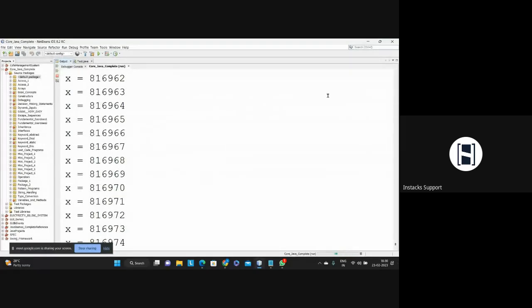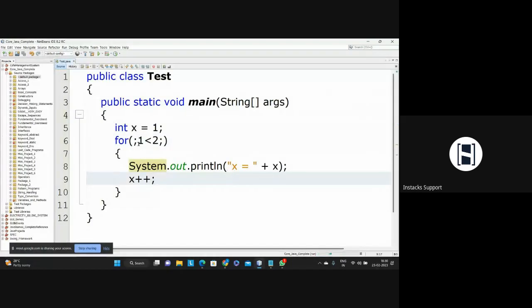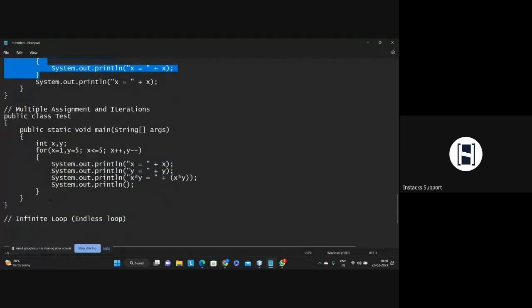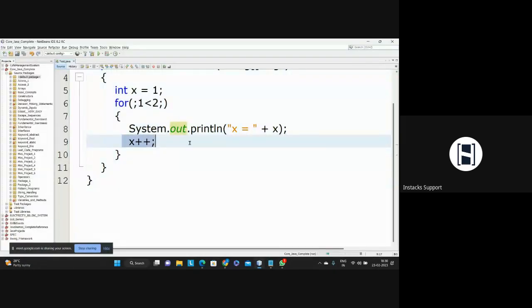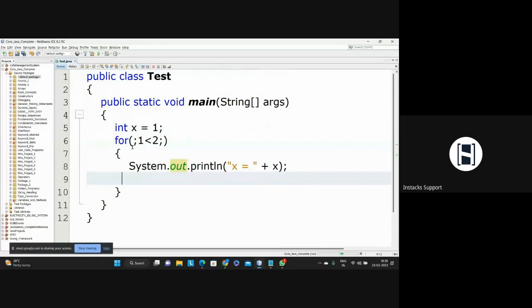Loop is still running for me. So that is an infinite loop. When the condition is not properly defined, it will go into an infinite situation. Then remember what I told you in the while loop also: if the iteration is not given,